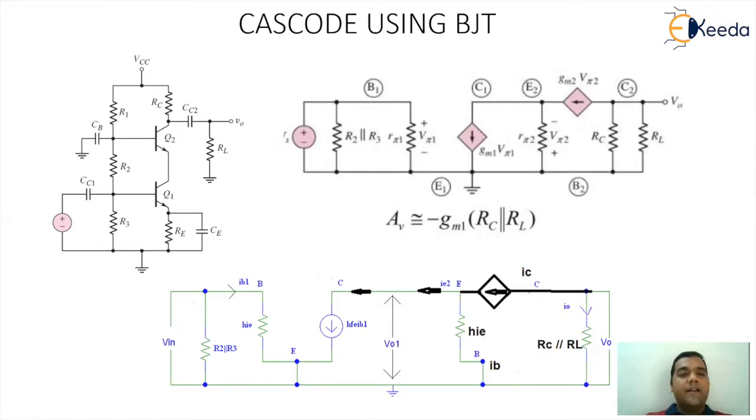So here we are having a circuitry. On the left hand side, you can see there are two transistors used, Q1 and Q2. The top section is a VCC supply. On the left hand side of the transistors, you can see there are three resistances, R1, R2 and R3. They are forming a part of the voltage divider or potential divider network, where the drop across R3 will be the biasing voltage for Q1 transistor, and the drop across the combination of R2 and R3 will work like a DC biasing voltage for the Q2 transistor.